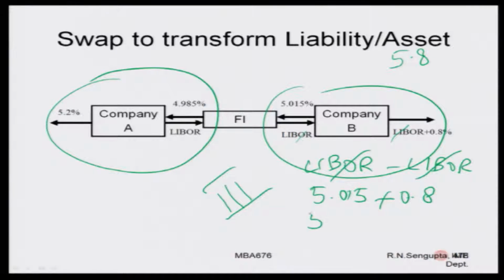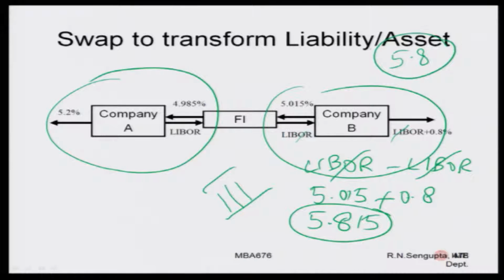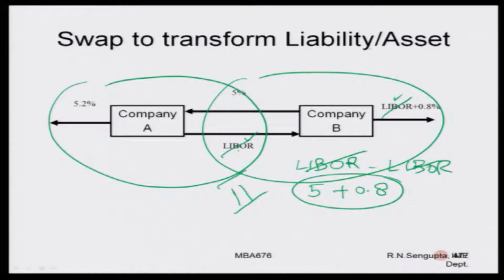So, the overall becomes 5.815. If you compare this and this, the overall difference is 0.015, which is the extra one being paid by company B. Similarly, you can find out for A. If you go back to the last slide, it is LIBOR